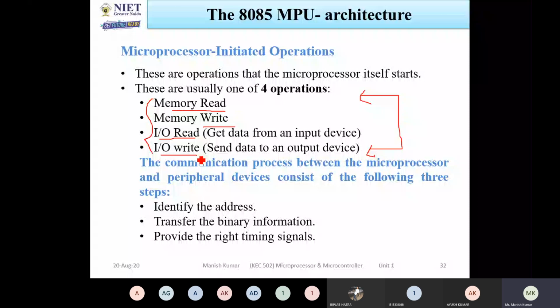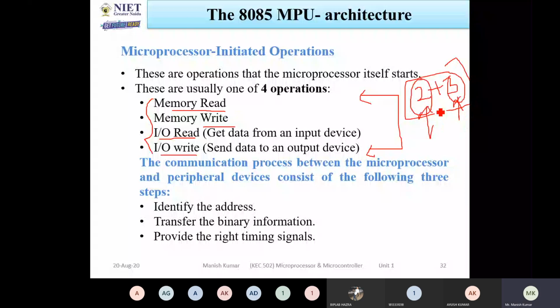Okay. So now let us consider you are giving the task to the processor. You have to add 2 plus 3. So how will it do this? First, for adding these two numbers, first it will get these two numbers. 2 plus 3 is written in the memory location. So first it will retrieve the data 2 and then retrieve the data 3, then it will add.